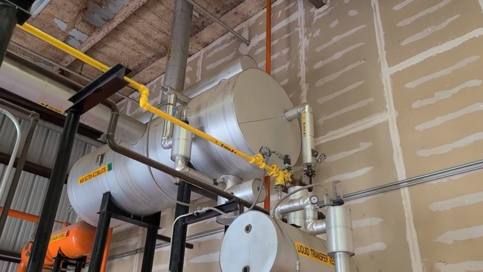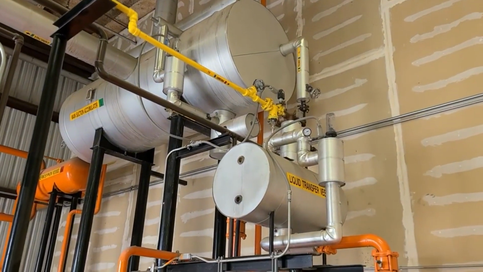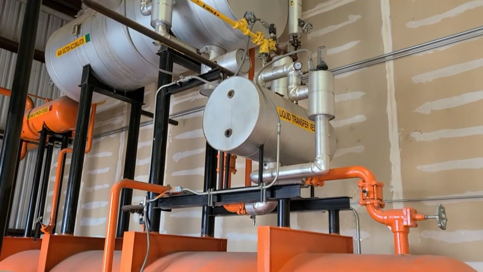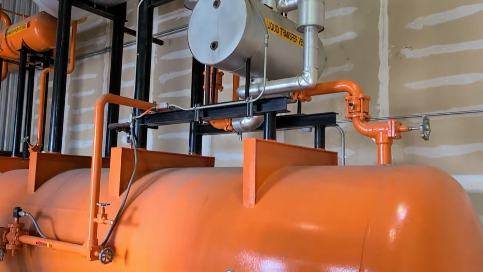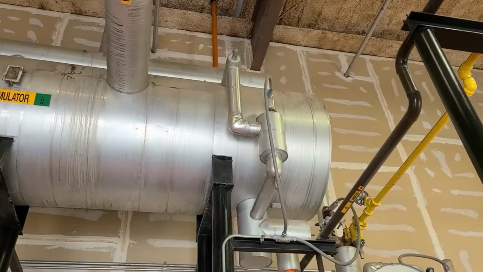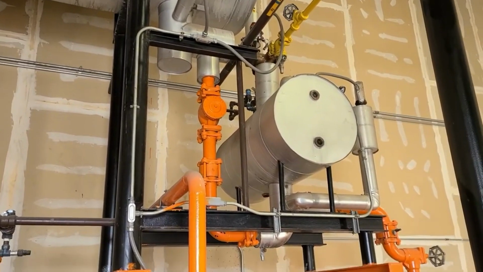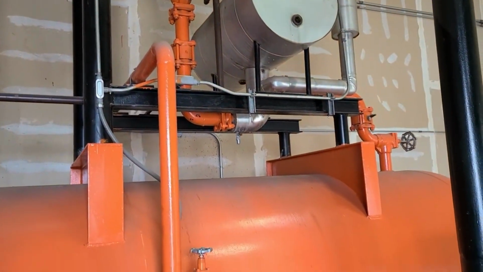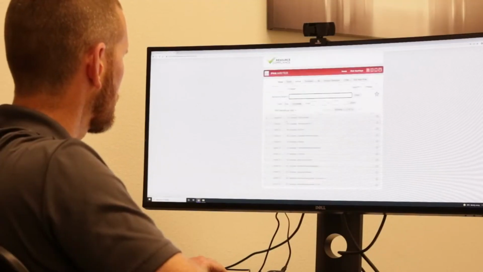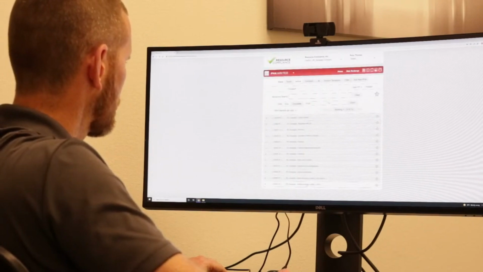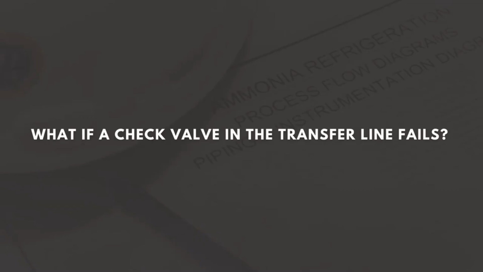For example, many flooded refrigeration systems are configured with a liquid transfer vessel that is designed to move unwanted liquid on the low side of the system back to the high-pressure receiver. The piping that connects the transfer vessel to the high-pressure receiver and suction accumulator must have check valves to prevent reverse flow. A common PHA question for this component is what if a check valve in a transfer line fails,